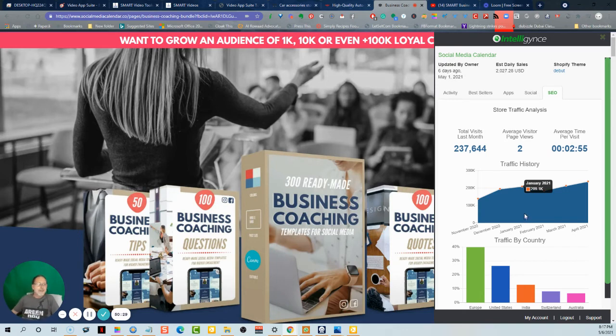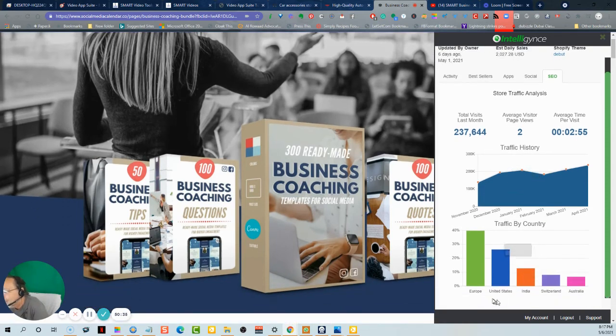And if you look at their traffic, it's going up. All right, here, down, down, down, down, and it's back up again. And look at this. Most of their traffic is coming from Europe and then US and then India, Switzerland, Australia, the top five.